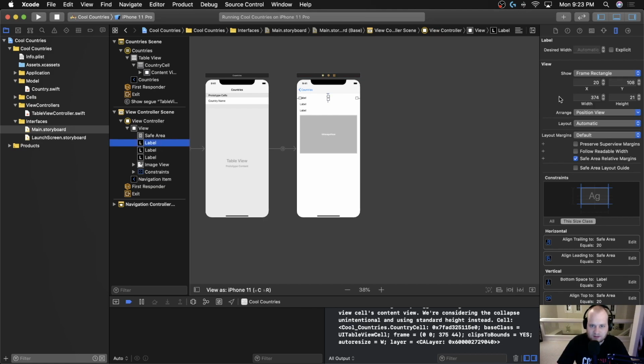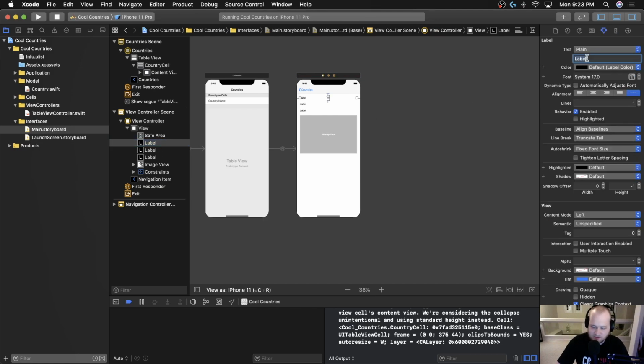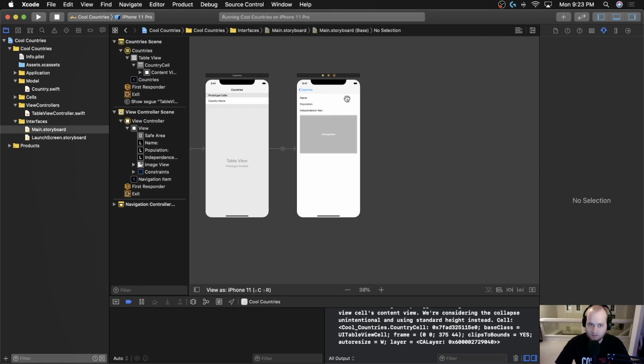So let's go ahead and click this top label right here. And just to kind of see what's going on, let's type name. For the second one, we will type population. And for the third one, we're going to type independence year. Okay, cool. Now that we have those, what we're going to need to do is create a class for this